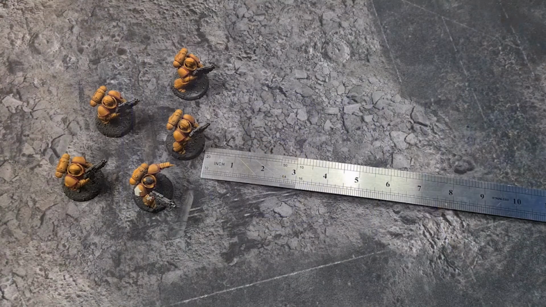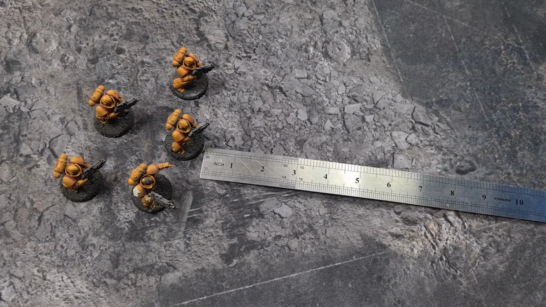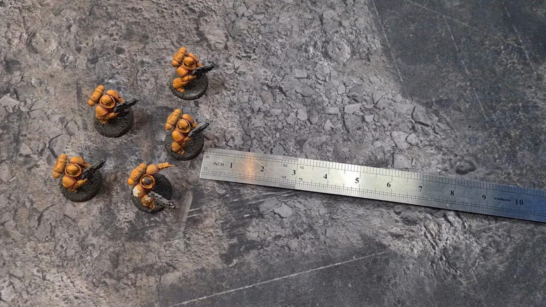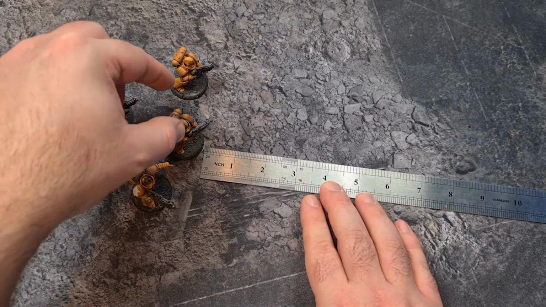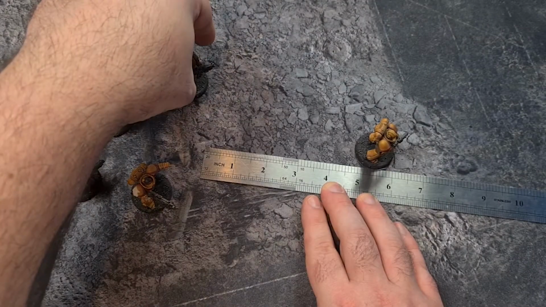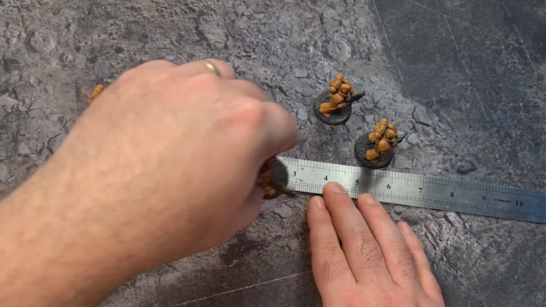Normal move. If a unit makes a normal move, each model in that unit can move a distance in inches equal to or less than the move characteristic shown on its datasheet. So on the screen now there'll be the datasheet for these Space Marines, and as you can see under M they can move 6 inches. So when moving a unit, declare that you're going to move and move 6 inches, and then the rest of the squad can all move up